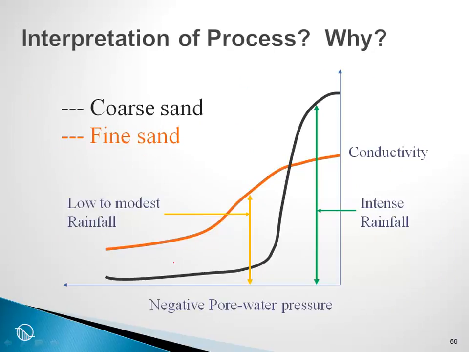Here is an interpretation of the process. A very simple illustration, and these are our conductivity versus negative pore water pressure, and this is the fine material. And we demonstrated a few slides ago that when we have vertical infiltration and the hydraulic gradient is 1, then the infiltration rate is related to the conductivity. So we can think about low conductivity at a gradient of 1 would give us a particular pressure distribution, but it relates the two conductivities, and so this would be a modest, low to modest rainfall rate,